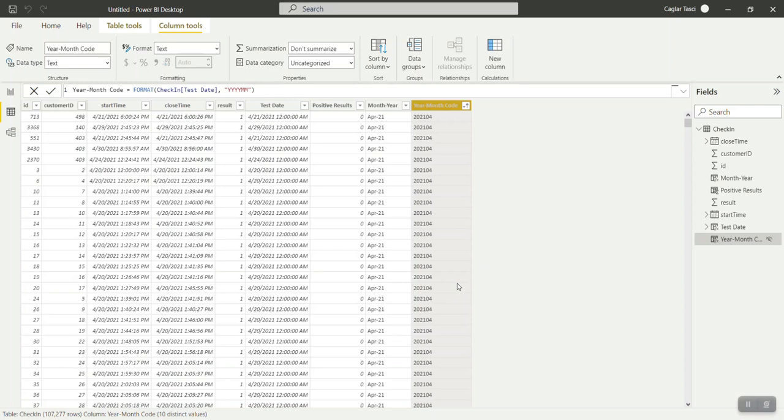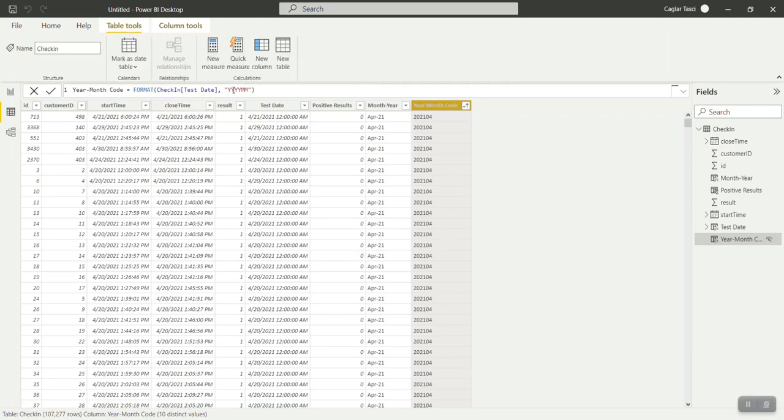We will be quickly creating a new column where we will also extract the time from our start time, because we will be creating a visualization where we will be using time based graphs.